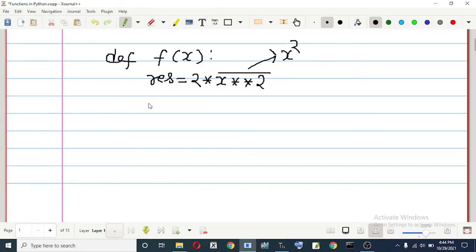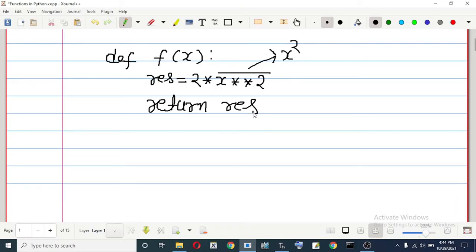Thereafter I am writing return res. So this function will return this value.